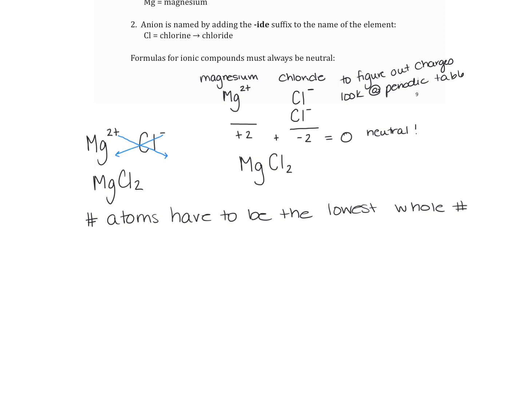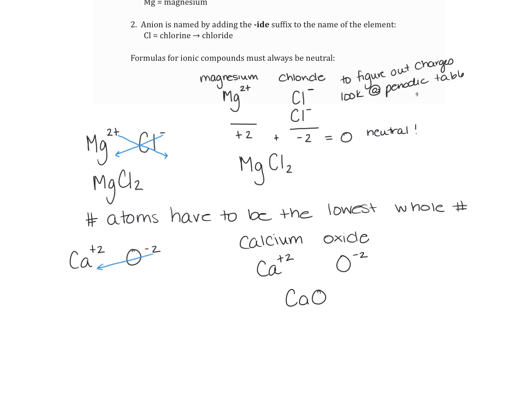So for example, let's look at calcium oxide. When we look at the periodic table, calcium has a +2, oxygen has a -2. Those charges, when added together, equal 0, so they're neutral. So if we were to write that, it would look like this, calcium oxide. Totally fine. If we use the crisscross applesauce method